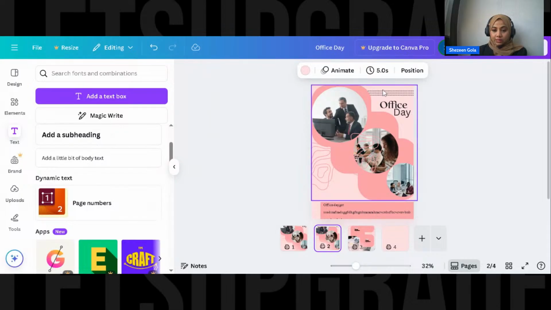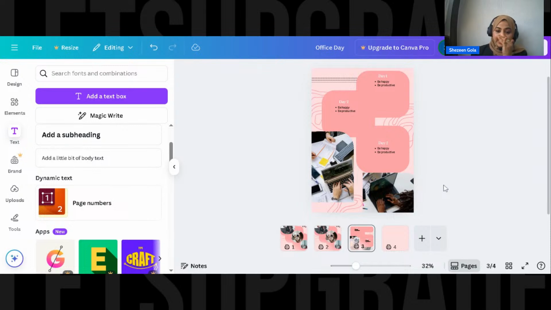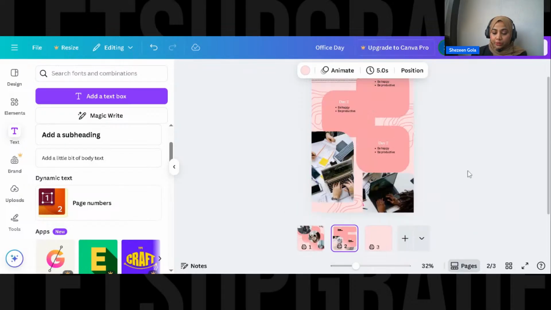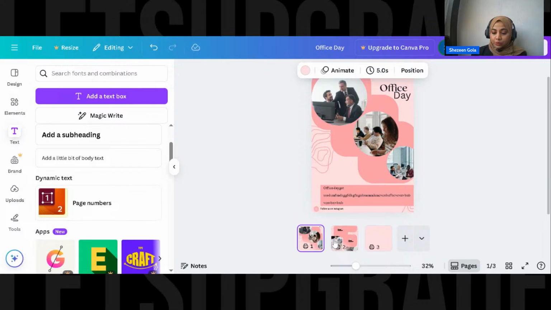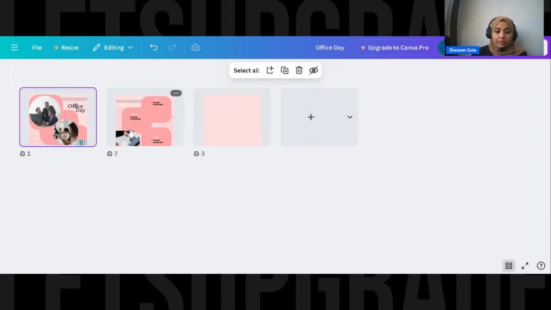So this is our page one, and this was our page two. So you see what we did here is we created the template right from scratch. Okay. And if you don't want this, just right click and delete the page. Okay. So page one, page two. And if the layout you want is this, this is how it's going to look.